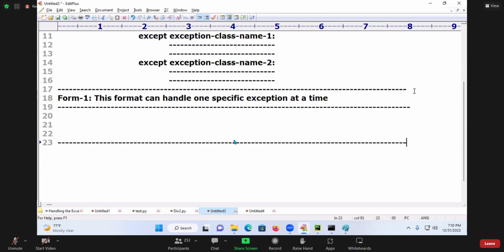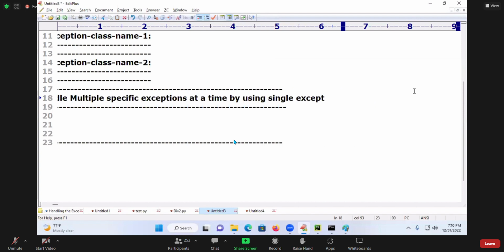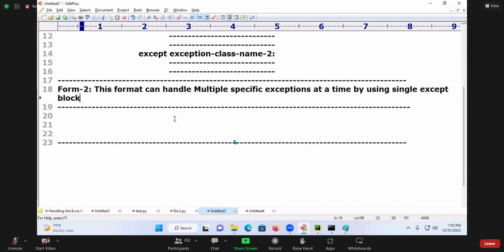Next I am going to take up form number 2. That is important here. I am going to introduce form number 2 specially. See students, what is form number 2? This format can handle multiple specific exceptions at a time